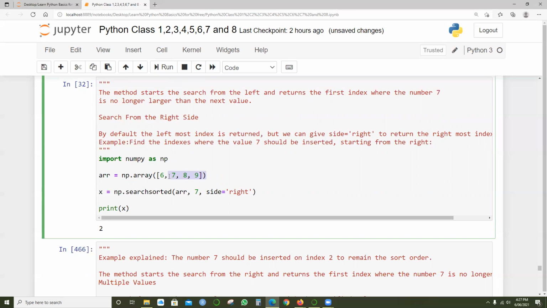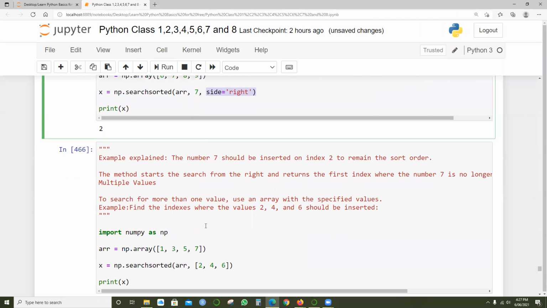The second index value is 7. So we're asking, what is the index value of 7 from the right side? By default, it will be from the left side, but here it is from the right side. That's the reason it says right.